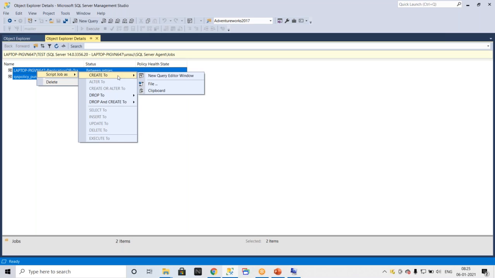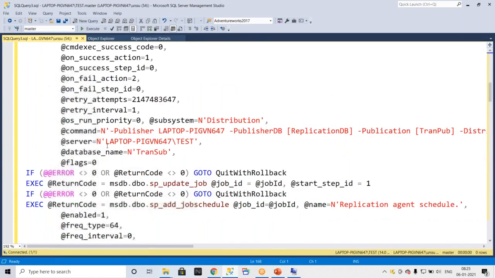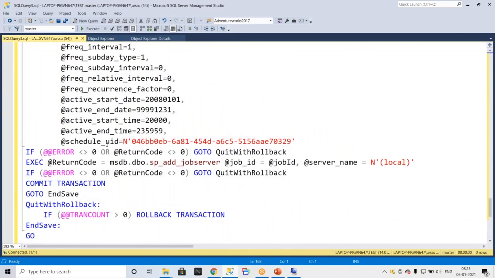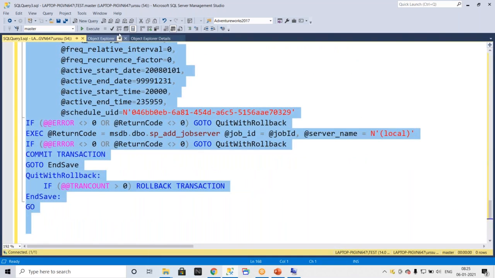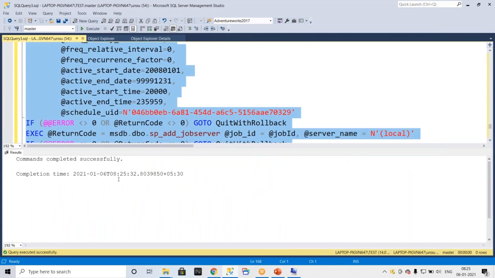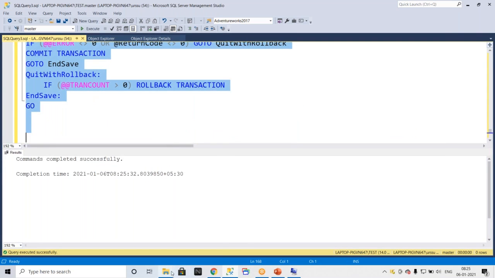Go to create, create a new query window, and you will get the complete job structure. Nothing else you need to do. Select all, click parse. Parse is completed. Next, select all, copy, go to the same folder,